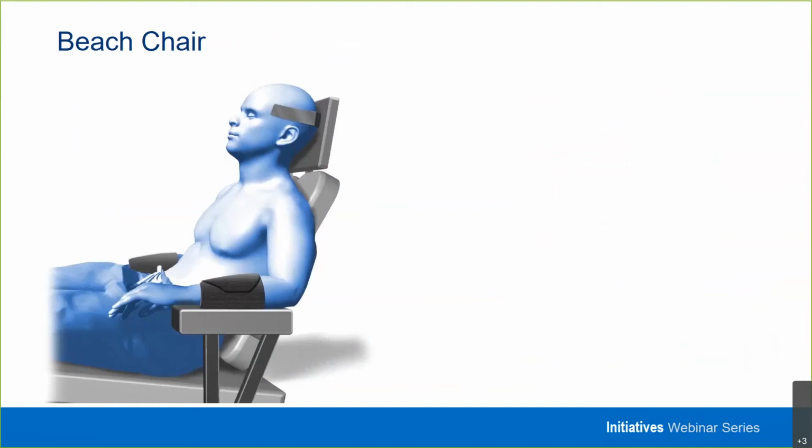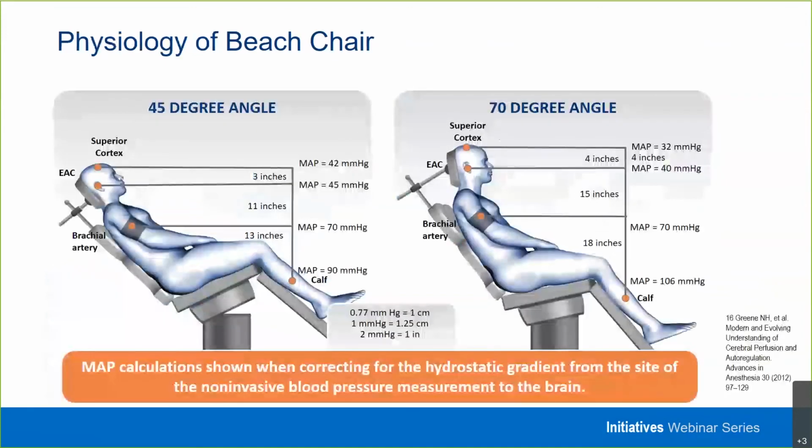Next, we'll take a look at studies related to beach chair surgery. The physiology of beach chair surgery is incredibly complicated, and there is some controversy regarding appropriate blood pressure management and how the physiology reacts when patients are placed into the beach chair position. Most believe that if you increase the head above the site of blood pressure monitoring, you have to apply a correction factor for the hydrostatic gradient that exists from the site of non-invasive blood pressure monitoring, here, for example, in the brachial artery in the arm, and the height difference to the brain,